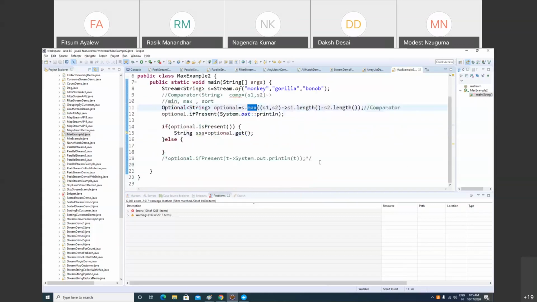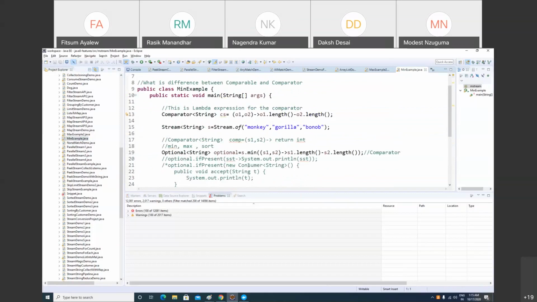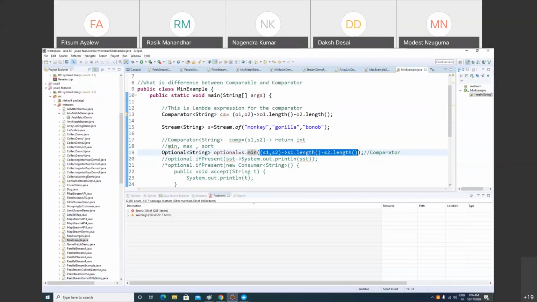Next slide. If you want to find min, in min and max you have to always pass a comparator in ascending order. Remember it. If you reverse the logic, min will behave like max and max will behave like min. So please remember it. Min and max take which functional interface? Comparator. Done. I think this is enough, and I'll share all the programs, and from next session